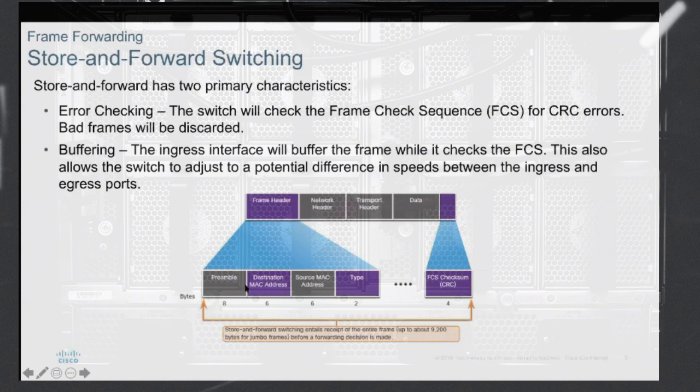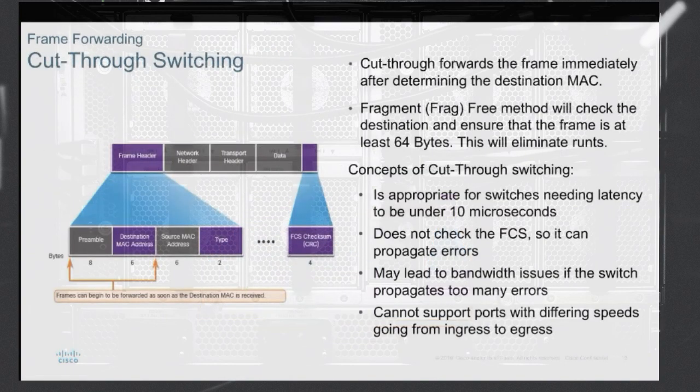This is sort of the frame header. It has these things: preamble, destination MAC, source MAC, and then type. Then this is part of the frame, and the end part is FCS. This is the four-byte information that essentially is checked in store and forward switching. If we talk about cut-through switching, what it does, so in the store